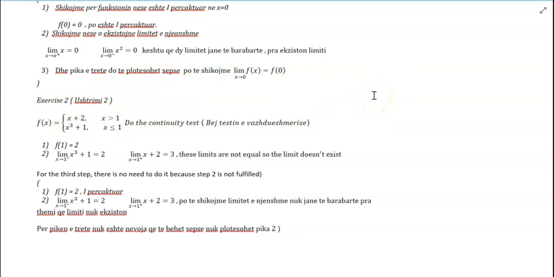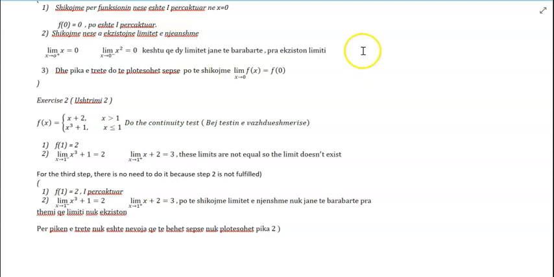Okay, let's do the three-step continuity test. Then the first one is that f of 1 is equal to 2, because if we put the value of 1 in this function here, x cubed plus 1, that is equal to 2. Now let's see the right and the left,